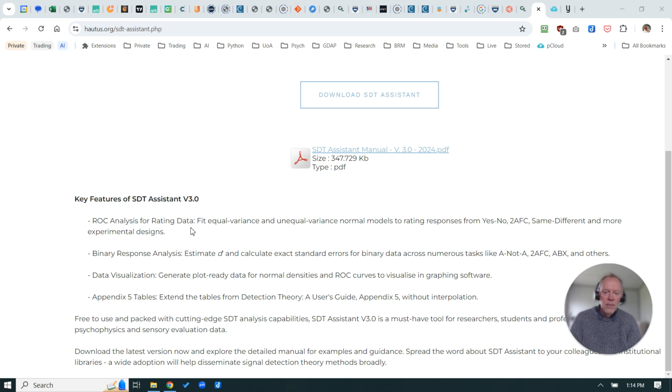Primarily, it can fit ROC data. Okay, so data that have been collected with responses that have more than 2 options. And so rating data might be the most classic kind. We can see over here that